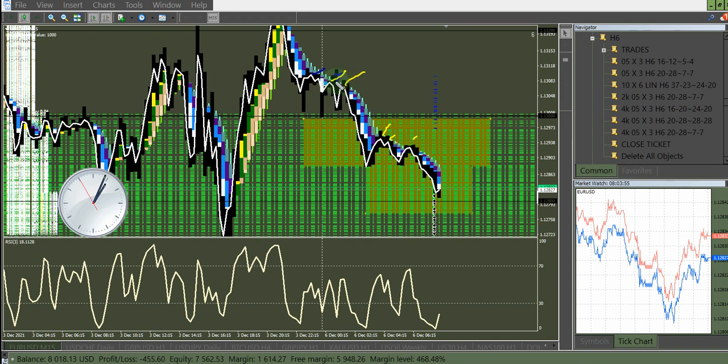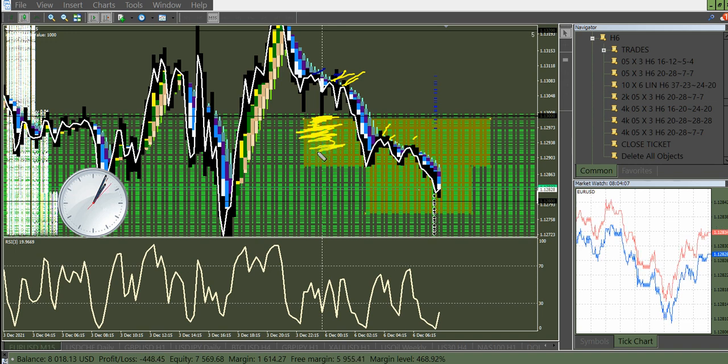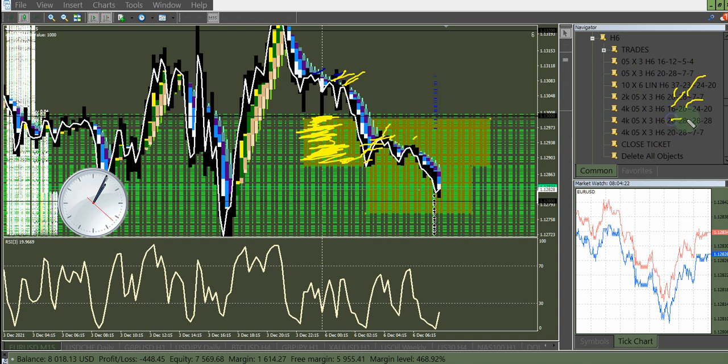Now, if you didn't sell here, for me, because I like to trade reversals, I just started buying below here. Buy, buy, buy, buy. These are all limit orders. I'm pretty sure these are all limits. I did not cash out unless it was built into it to take 5 pips, which I don't think I have. Everything I'm running is 20 pips to make 28, 16 to make 20. It's about this exact number.